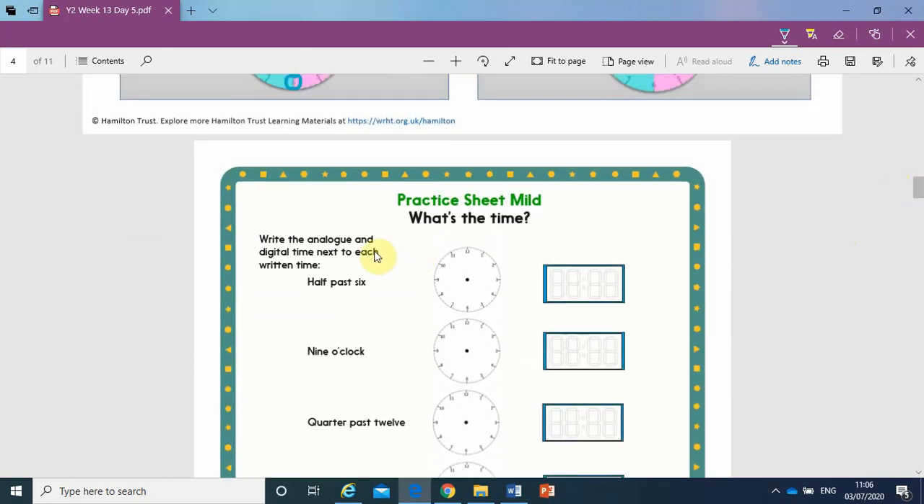Where, what is the time? Write the analog and digital time next to the written time. So this is just the time, 6:30. So if it's 6:30, I know that my minute hand is going to be exactly in between the 6 and the 7. You'd use a ruler, of course. And that is the same as 6,